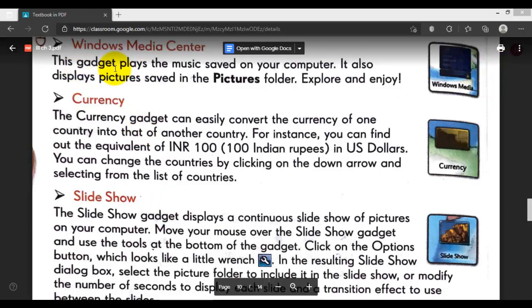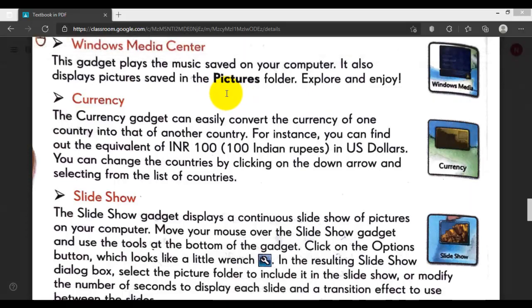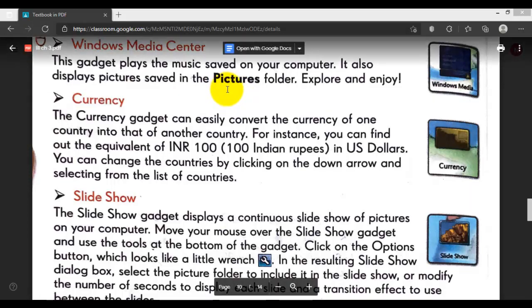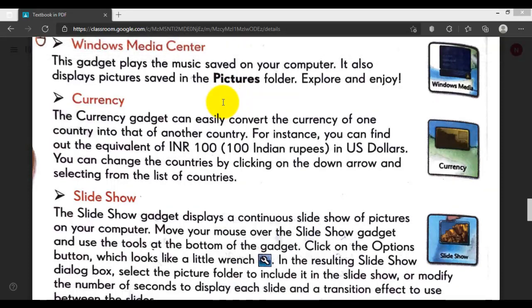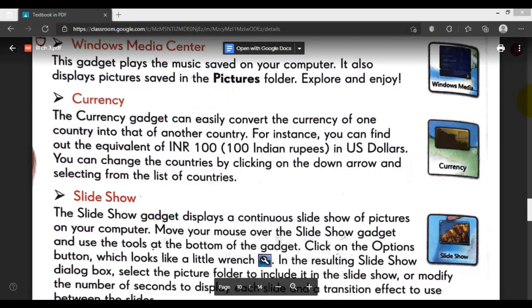Look here, this gadget plays music saved in your computer. It should be saved in your hard disk, and you can play it while working over here, and access it very easily. It also displays pictures saved in your picture folder, which we have in our C drive. That is the C drive, there is a picture folder under the username. You can